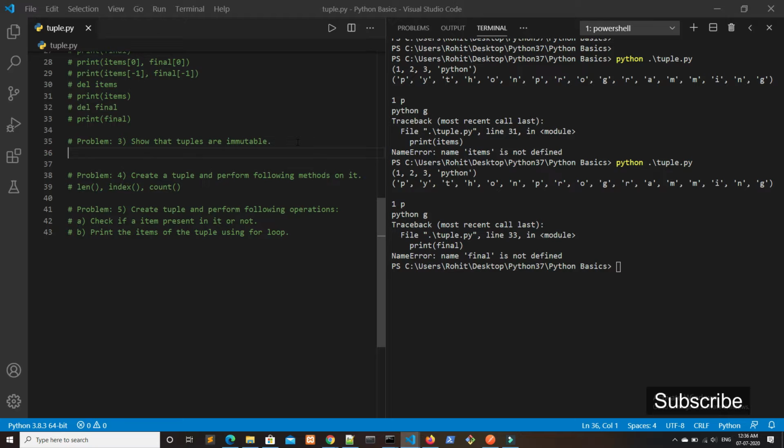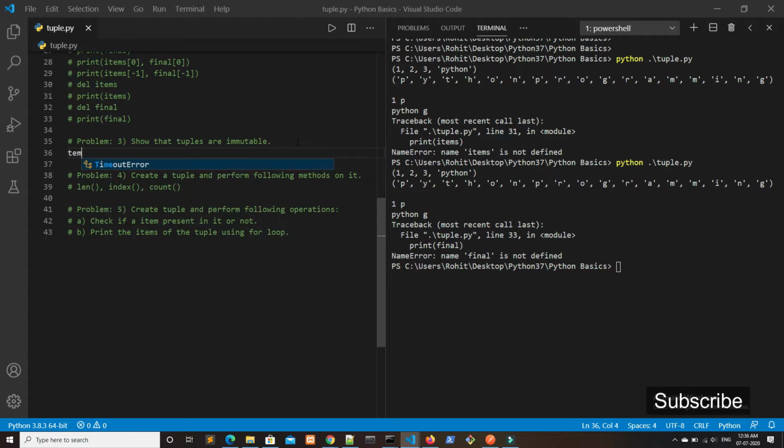As we know, tuples are immutable, that is we cannot change the value of tuples once it is assigned. Lists are mutable, that is we can change the value inside a list once it is assigned, whereas we cannot change the value of tuples once it is assigned.